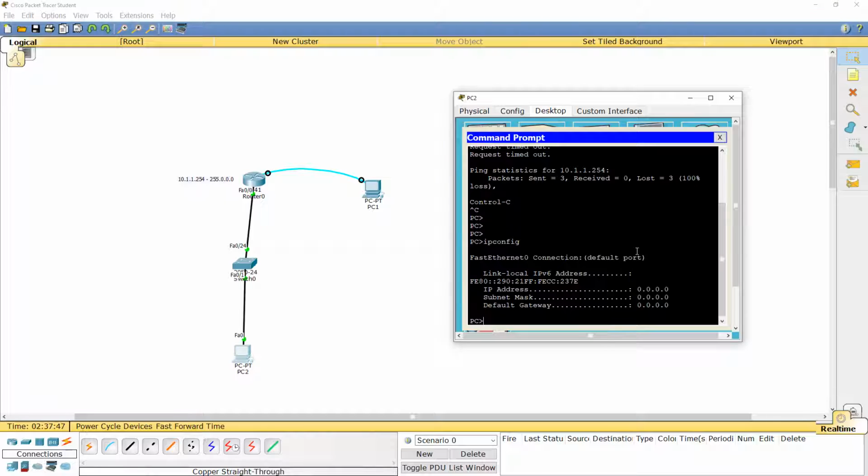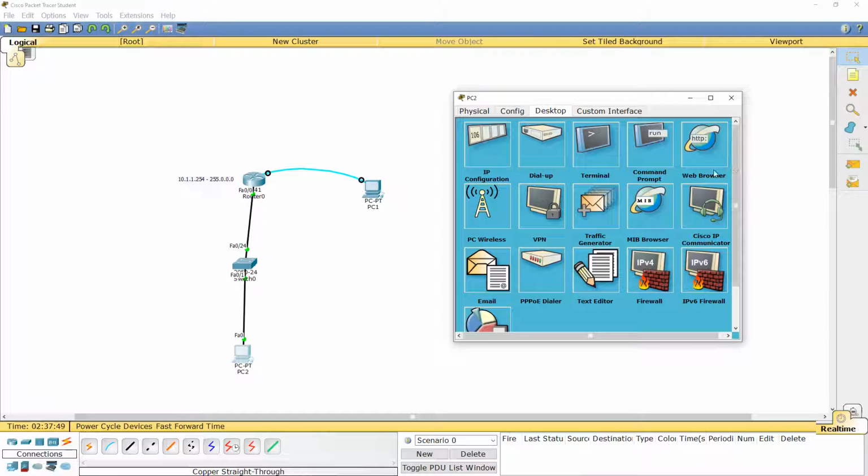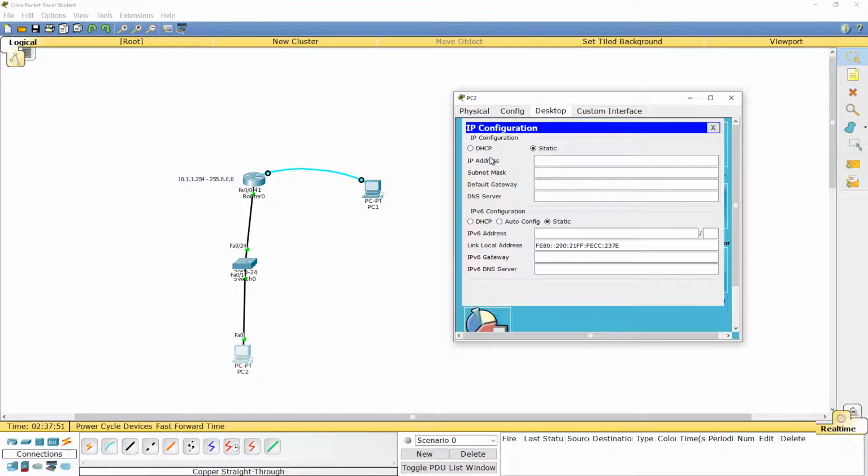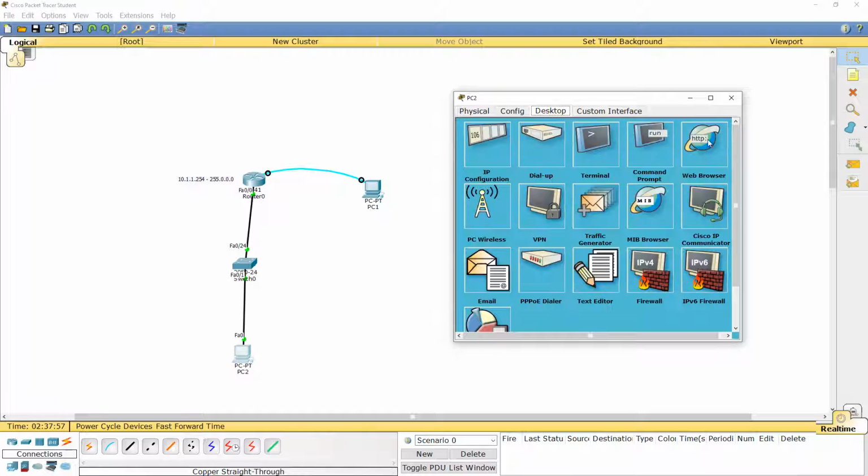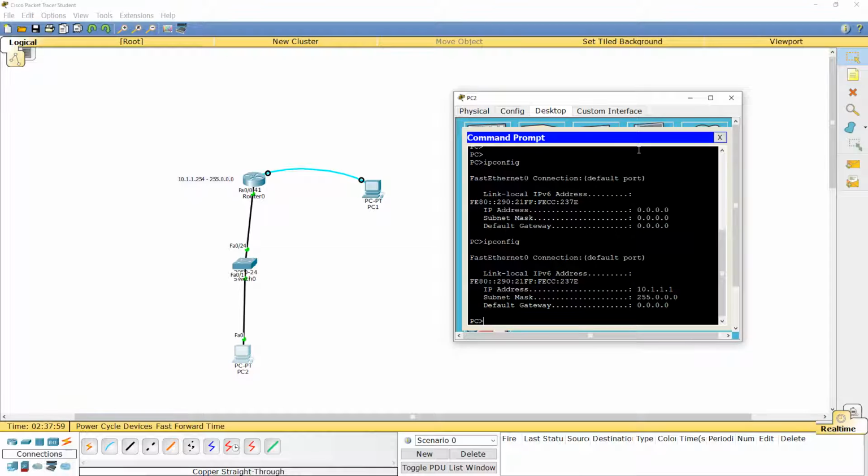How can you assign an IP address to this machine? You can go to the IP configuration and set it static, and that's it. Now you say ipconfig /all. You can configure the default gateway as well.